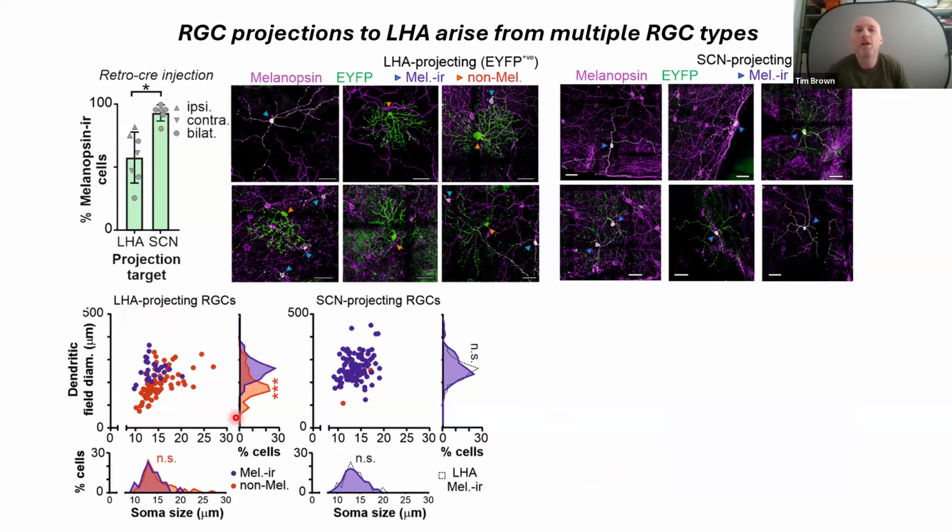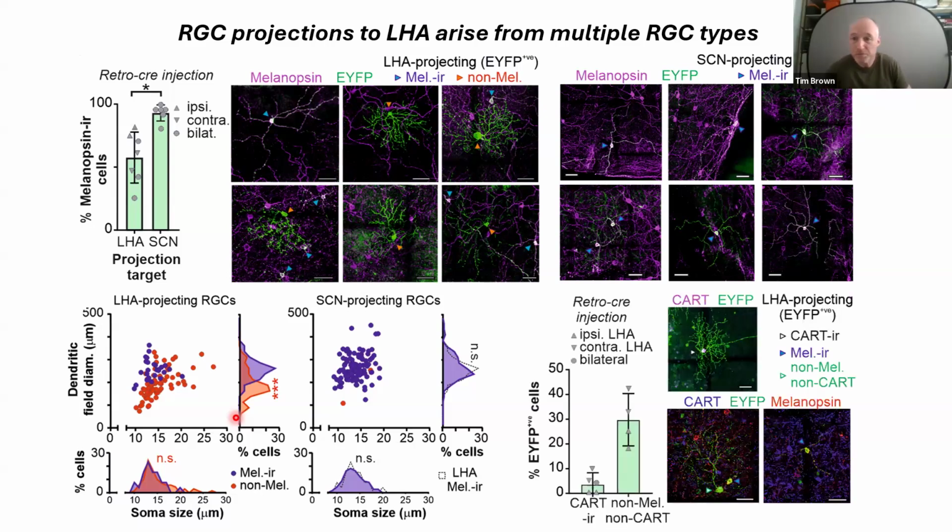Based on another study which suggested that some of the retinal ganglion cells that project to the lateral hypothalamic area might be direction selective ganglion cells, which would of course align with some of the data I just showed you on motion selectivity. We asked whether these LHA projecting cells expressed CART, which is a known marker of direction selective retinal ganglion cells. We were able to find occasional examples of cells that did express CART, but most cells were